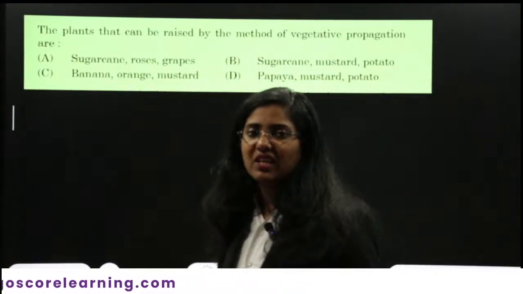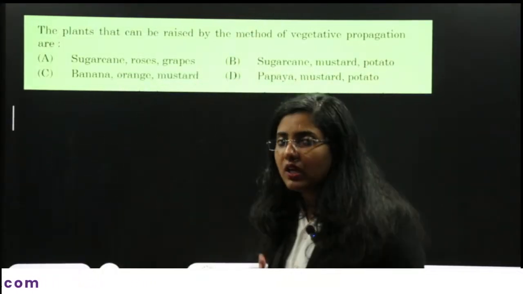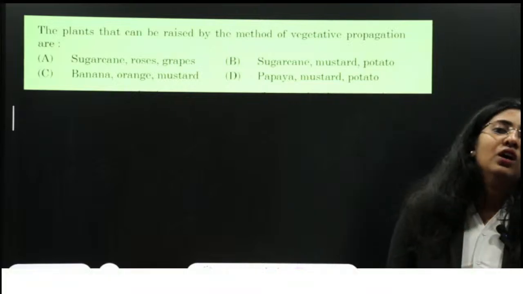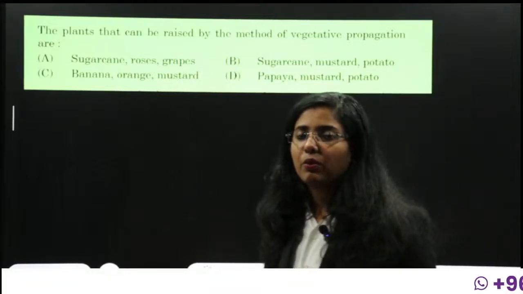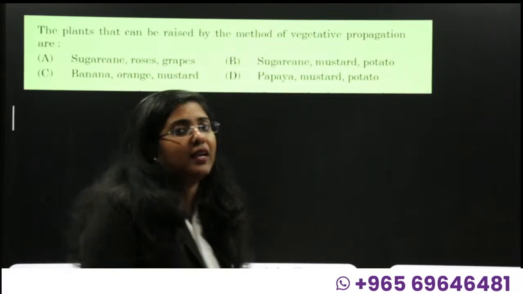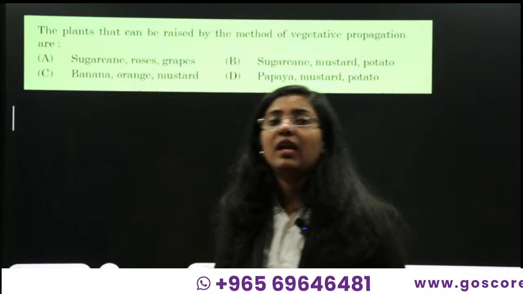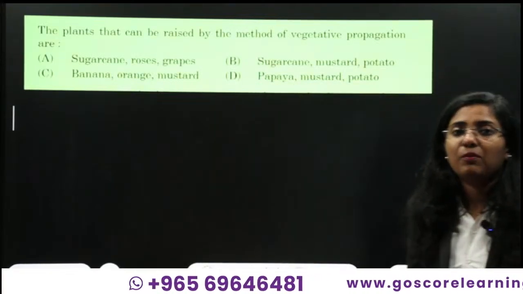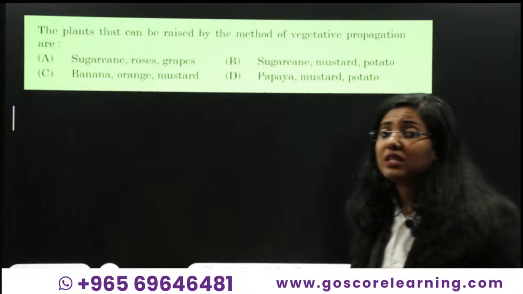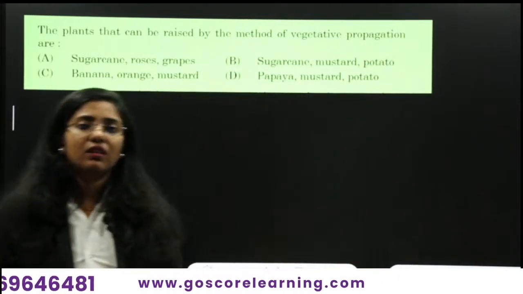So you know vegetative propagation, right? It can be done with the help of a leaf, a stem, or even a root. These propagations will give an exact copy of the parent. An exact similar copy of the parent is given to the child in vegetative propagation. There is not much variation in vegetative propagation, whereas in the sexual mode of reproduction